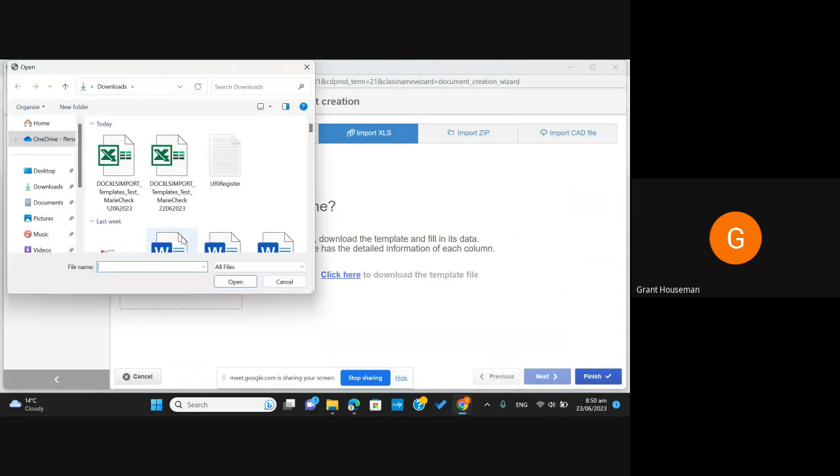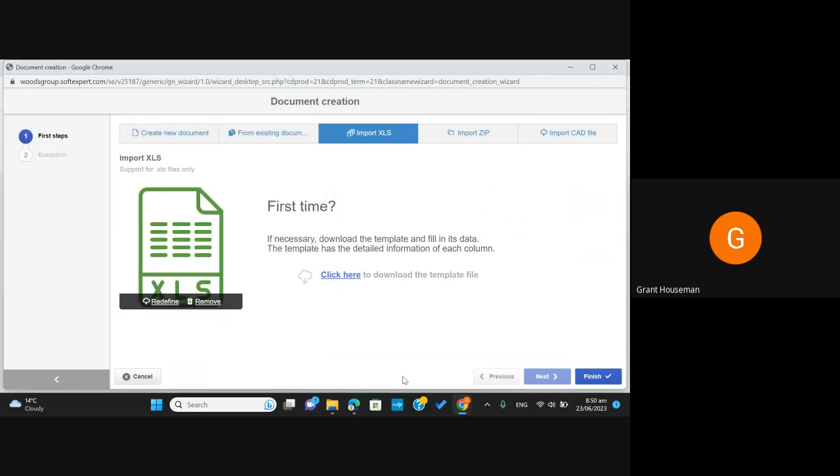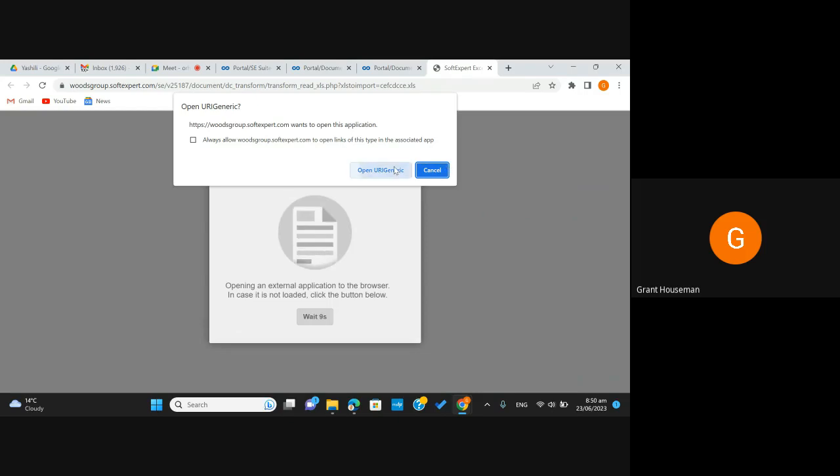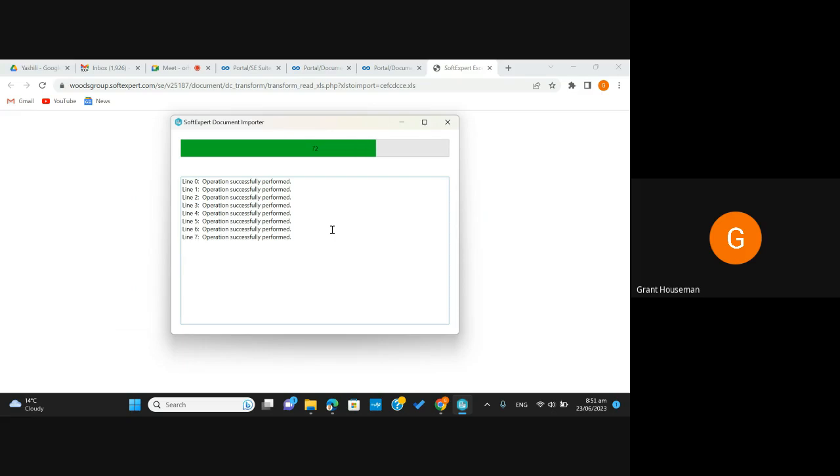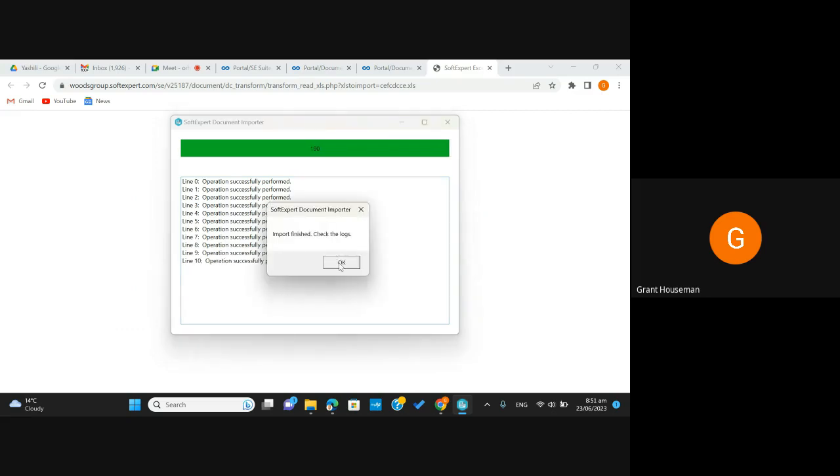I then select the document, which is this document here, and I open the document, and then I finish the process, and a program will run, and it will import those records into the production system, and these are our template documents that will be controlled. Okay, so we have 10 lines, 11